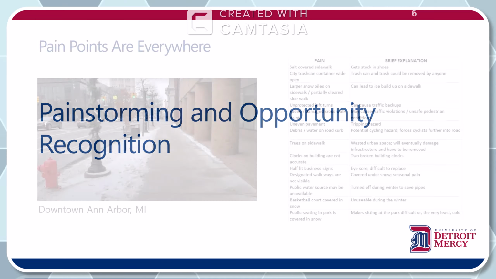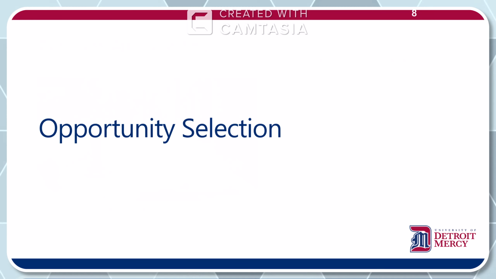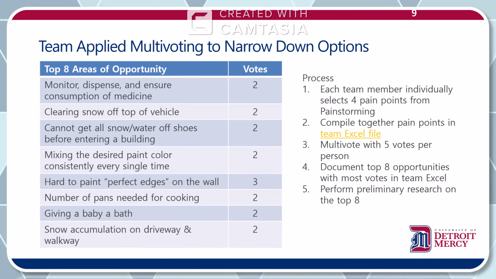To begin product planning, the team identified pain points by capturing and reviewing personal videos, thinking about frustrations and hobbies, reading about opportunities in media, and prompting AI for unmet market needs. The team then used multi-voting, a weighted voting system to avoid majority rulings, to narrow down their areas of opportunity